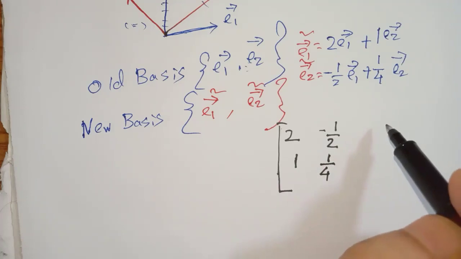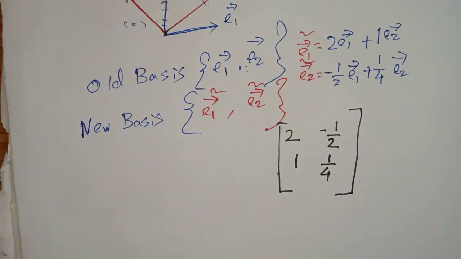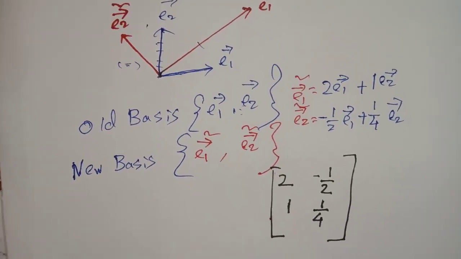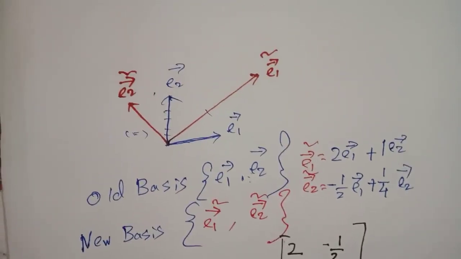I need to check it over, just a second. We need to check it. This is minus half of E1, and E2 will be 1/4. Okay, so we got back. Yeah, so it would be 1/4. I'm so sorry, it won't be negative. It would be 1/4. So you see that this is a kind of a way in which we are going